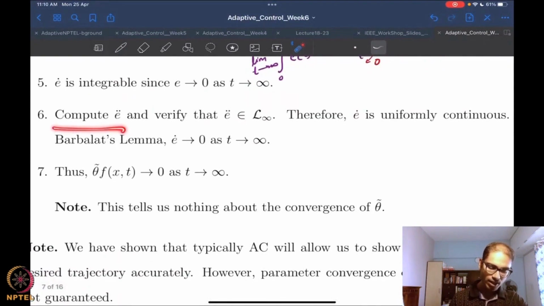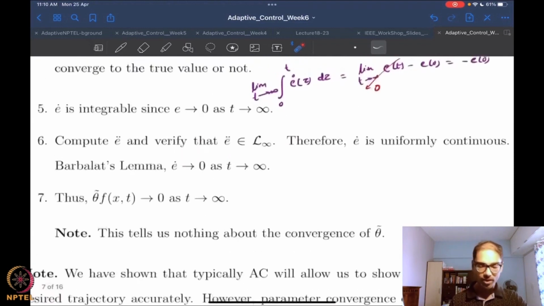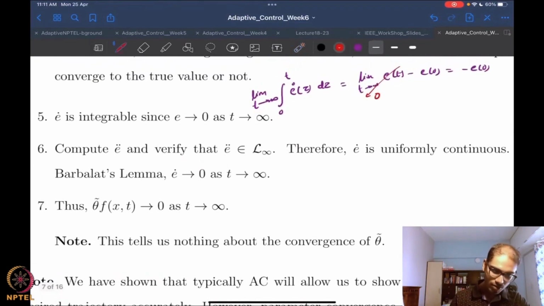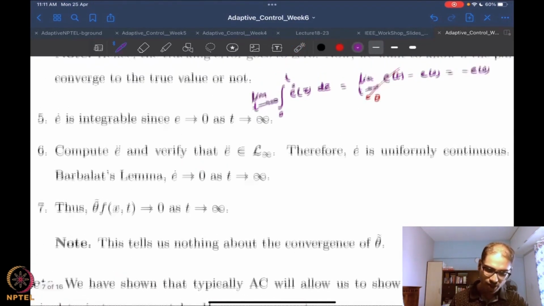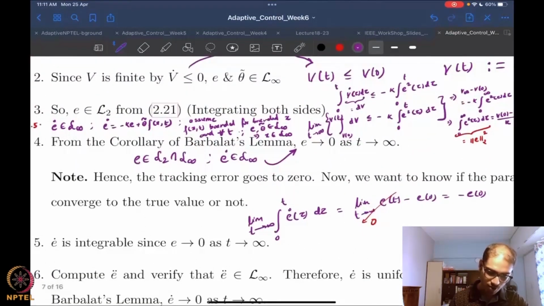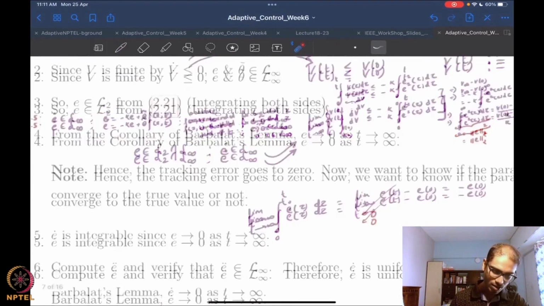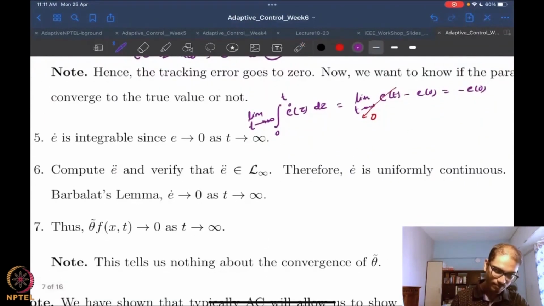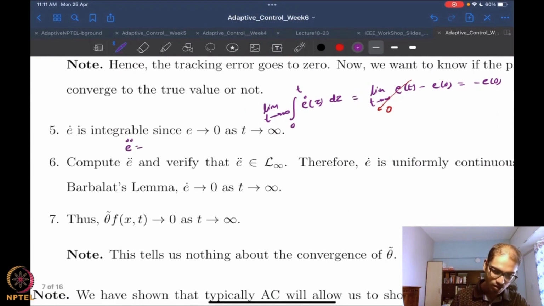Second, you can compute E double dot to verify that E double dot is also bounded. How do we do that? It's not too difficult, right? What is E double dot? We already saw what E dot is. So I just have to take the derivative of that. So E double dot is equal to